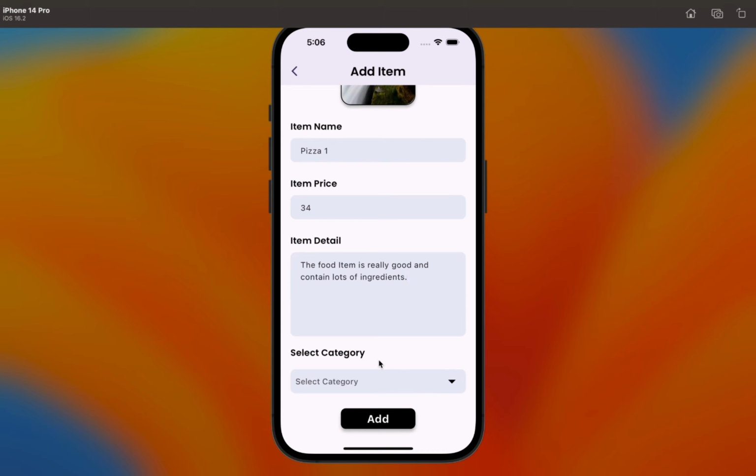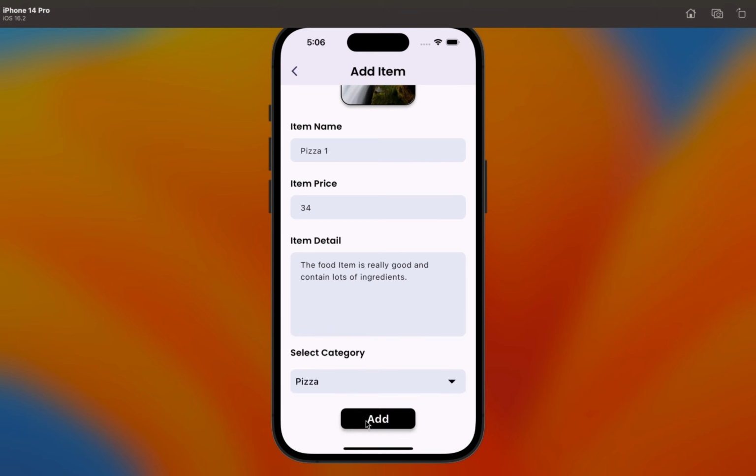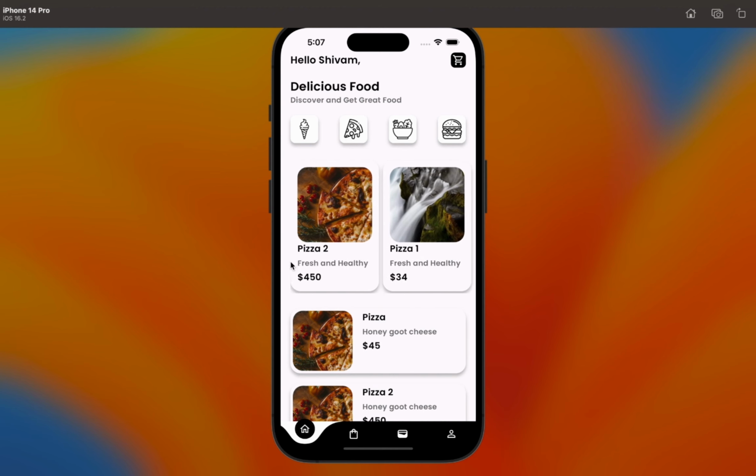Now I will click on the add button and just wait for a few seconds as our image is directly uploaded to the Firebase storage and all the details go to the Firestore database. Here you can see the food item has been added successfully. Now let's move to the home page of our app where I will show you how all the items we have got through the stream builder by using a Firestore database. Here you can see the food items and you can also see the item that I have just uploaded